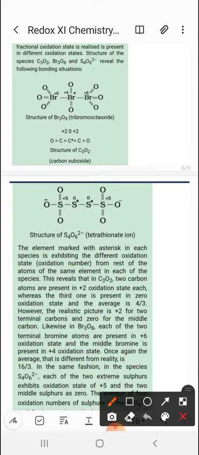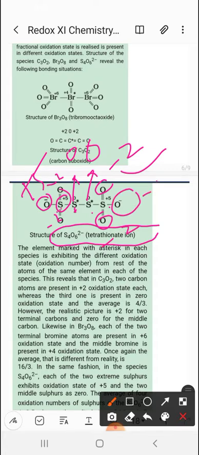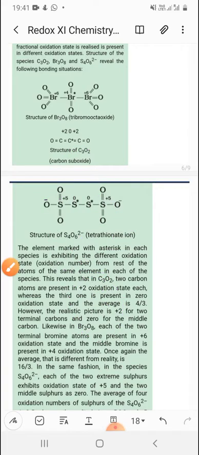Next, the S4O6 2- tetrathionate ion. The structure is like this, and you can see here sulfur is bonded to sulfur. Where sulfur is bonded with sulfur, the oxidation state contribution is 0. Now looking at this sulfur, it is with one sulfur, so this sulfur contributes 0. There are 3 oxygens, each -2, and here -1, so the total is -5. So this sulfur shows the +5 oxidation state. Similarly, for the other terminal sulfur, this is -2 and this is -1, so the total is -5, so this sulfur again shows the +5 oxidation state. In this way you calculate the oxidation state by opening the structure.